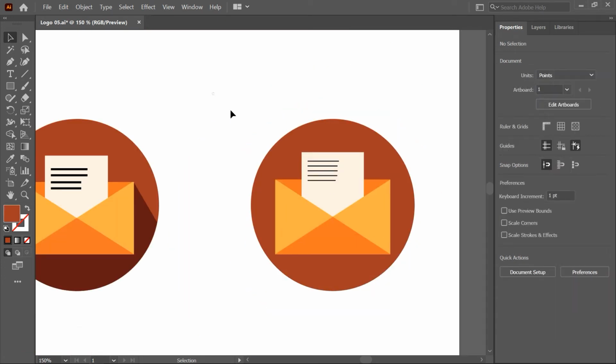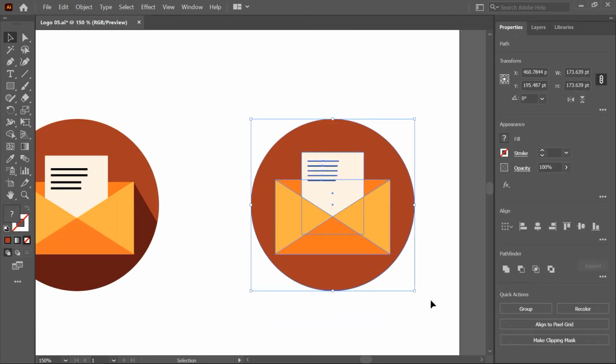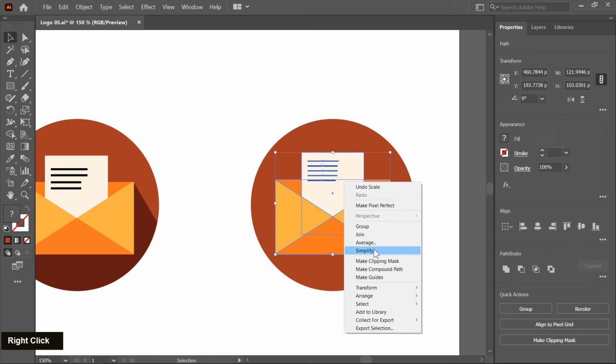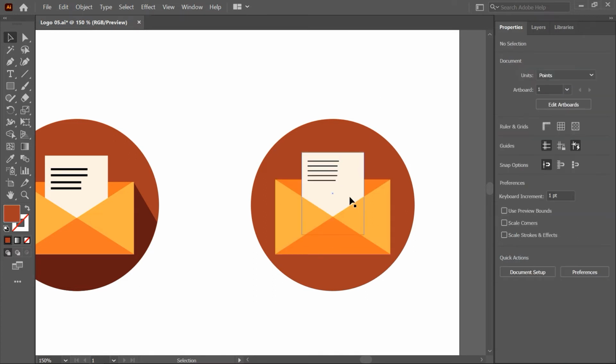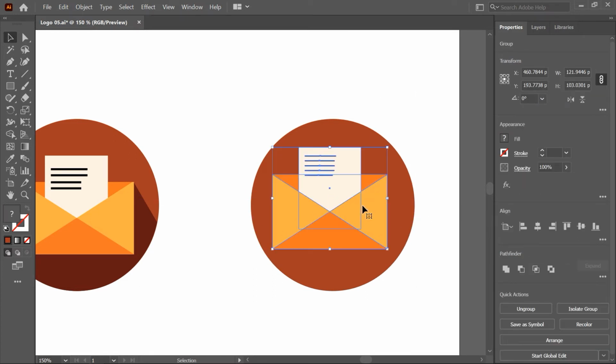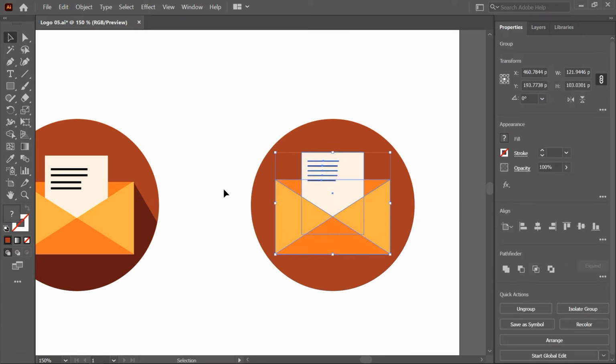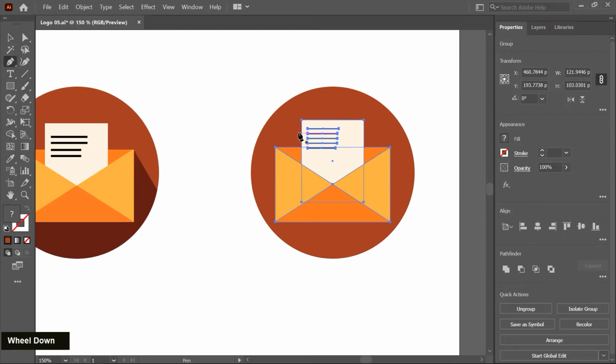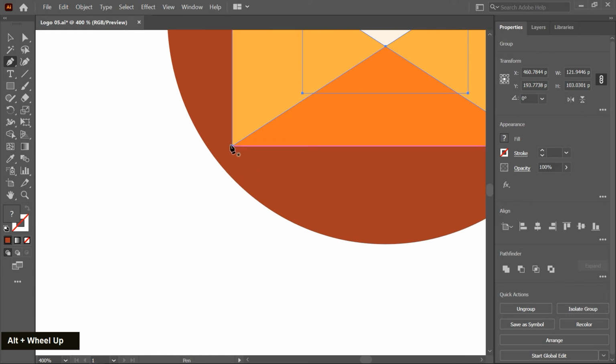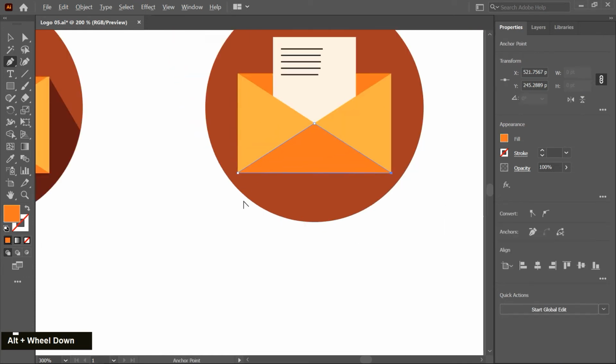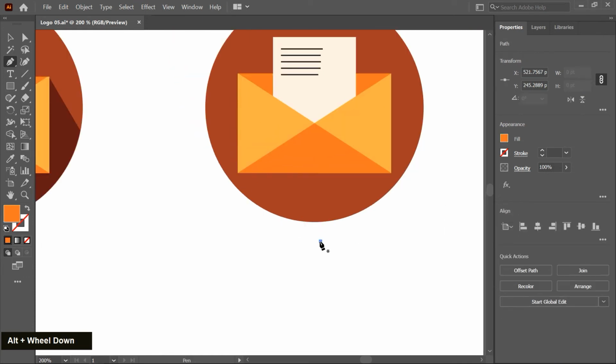Now I select all the shapes, and by pressing the shift key I select this circle, so it will deselect, and then right click and choose the group option. The group option is available here, so it's a group now. Now I create this shadow by using the pen tool. I choose the pen tool and create the first point here, and then the second point.